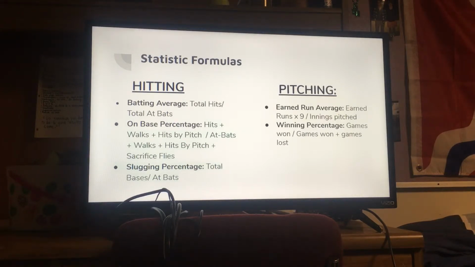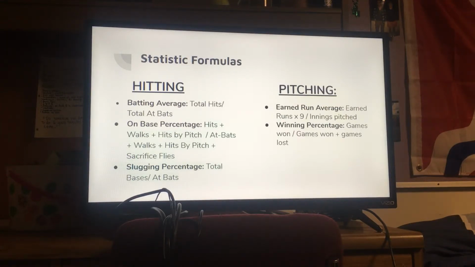So the way you find that out is you take your hits, walks, and hits by pitch all added together, and then you divide that by the number of at-bats you have plus the number of walks, hit by pitches, and sacrifice flies. Next is slugging percentage, which is something that a lot of hitters care about also,